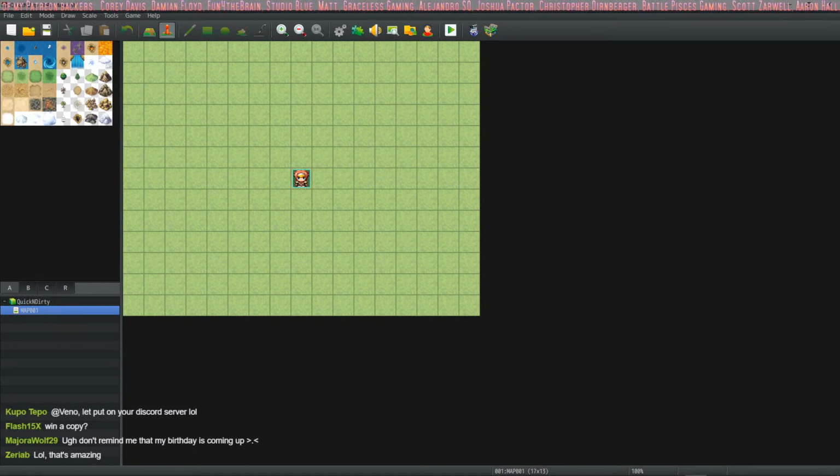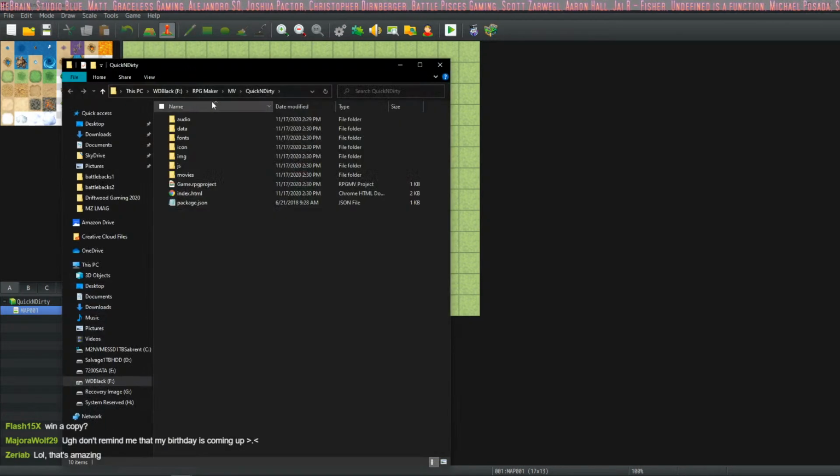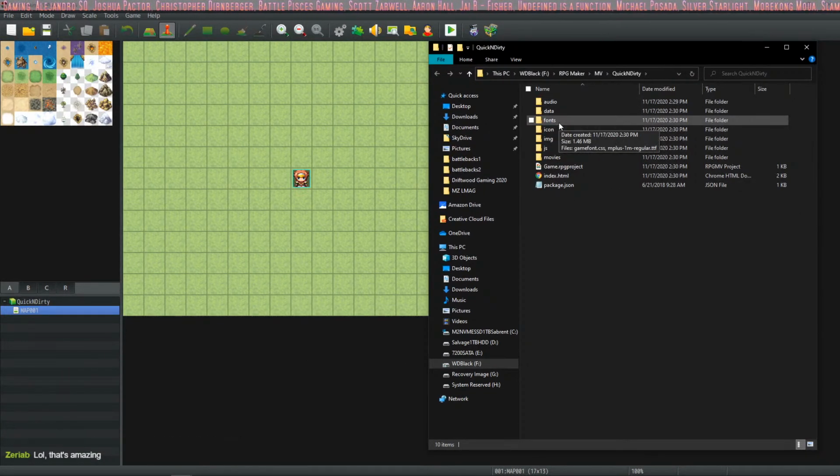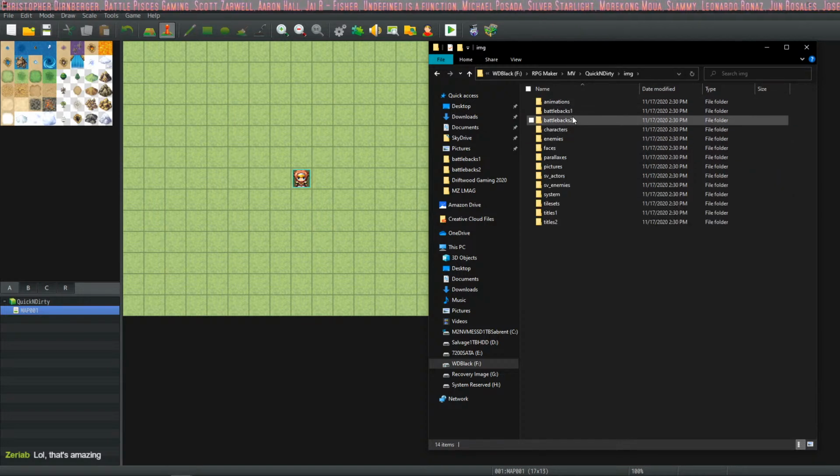How's your project going? So we've got a quick and dirty MV and a quick and dirty MZ. I'm going to open this folder. And what actually do I want to take, though? Not everything. I want to go into the IMG and take...